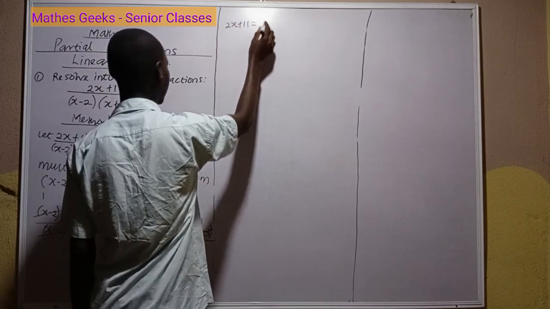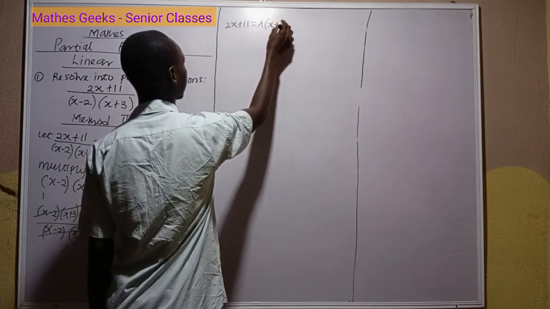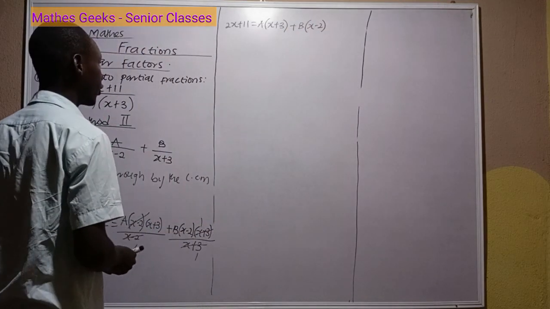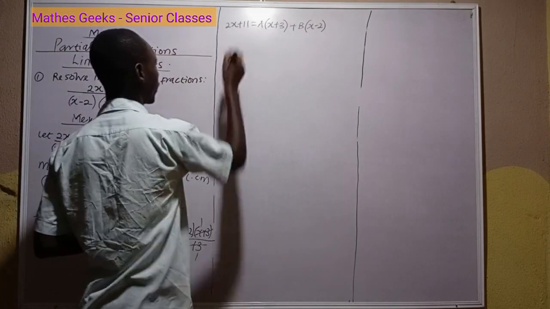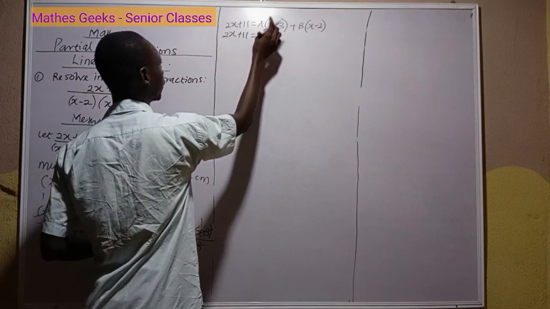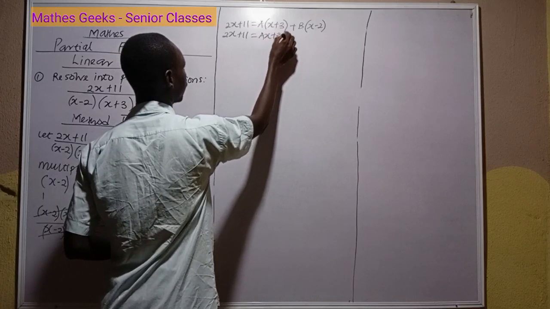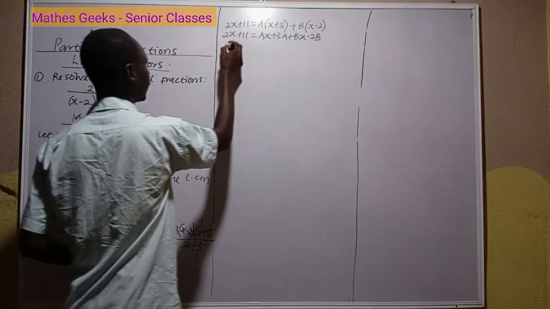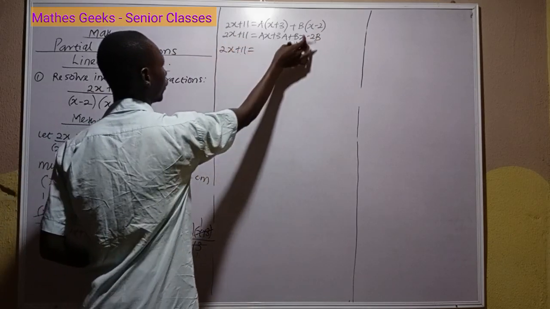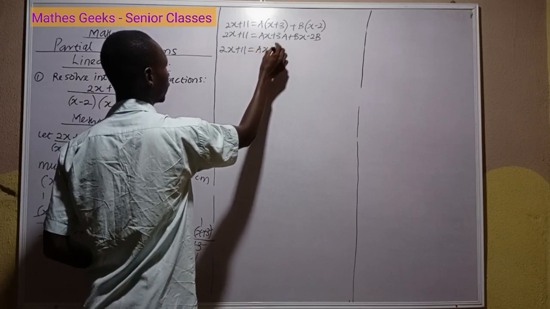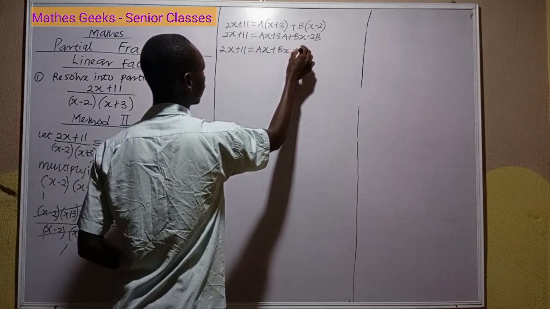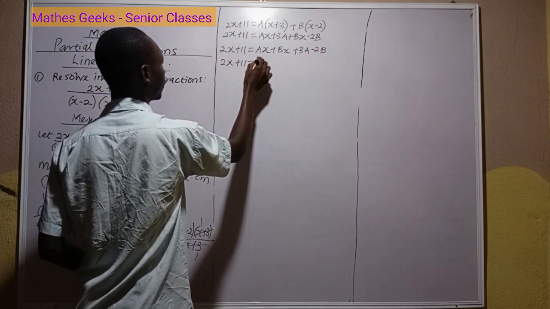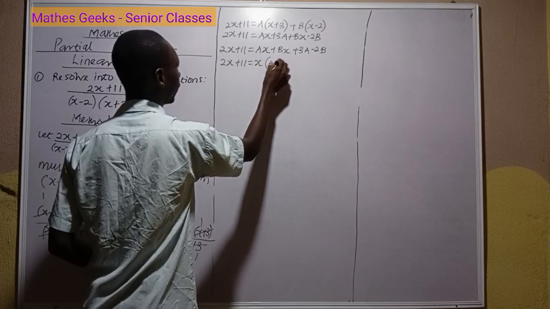So this will give us 2x plus 11 is equal to a(x plus 3) plus b(x minus 2). Now at this point, the second method, you're going to expand. So open the bracket: 2x plus 11 is equal to ax plus 3a plus bx minus 2b. To simplify, we group the ones that have like terms, ax plus bx, and then plus 3a minus 2b. Okay, 2x plus 11 is equal to x times (a plus b)